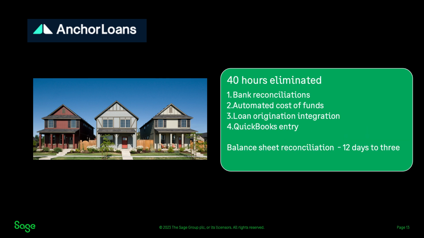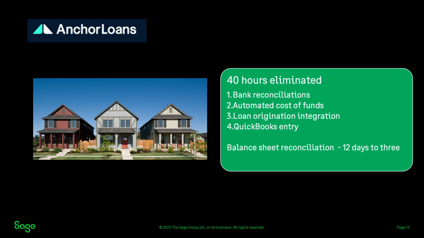Upgrading to Sage Intacct, Anchor eliminated around 16 hours a month of manual bank reconciliations that had been done in Excel. Plus, it made it easy for accountants to spot reconciliation discrepancies and drill down into details for resolution. Thompson's team saved another 16 hours a month by automatically calculating the cost of funds across 7 financing vehicles. Integration with loan origination software eliminates another 8 hours a month of manually entered origination data into QuickBooks, all while